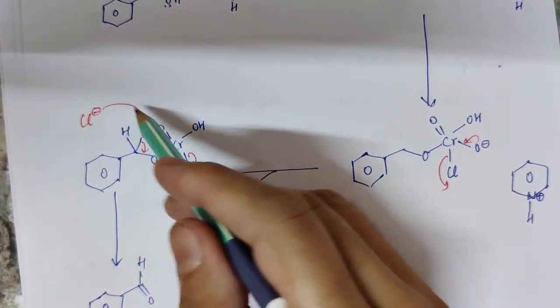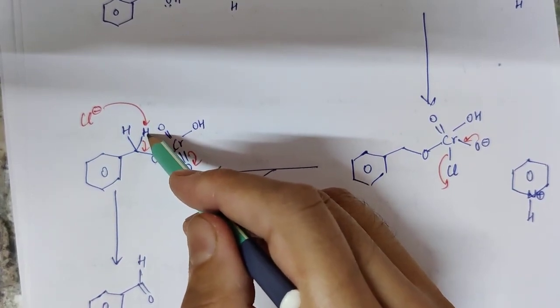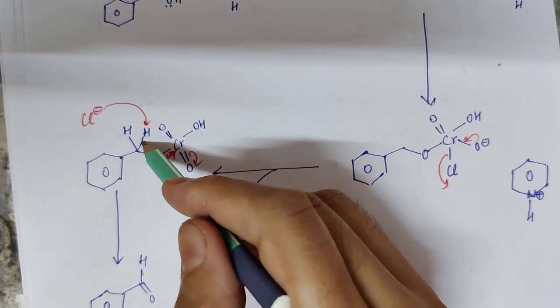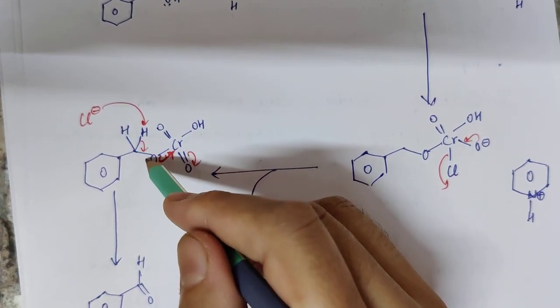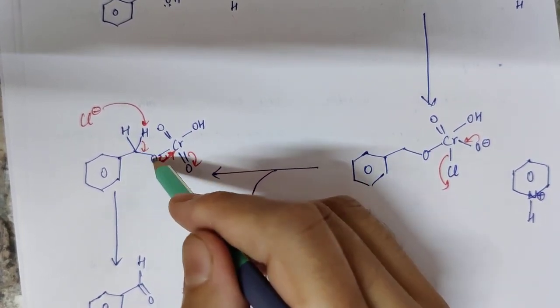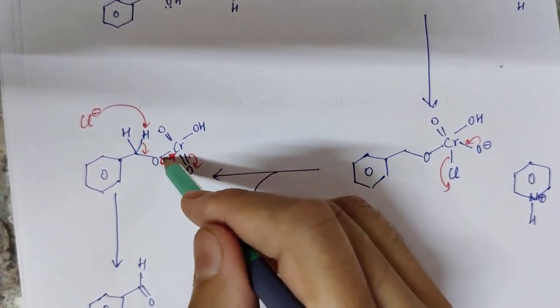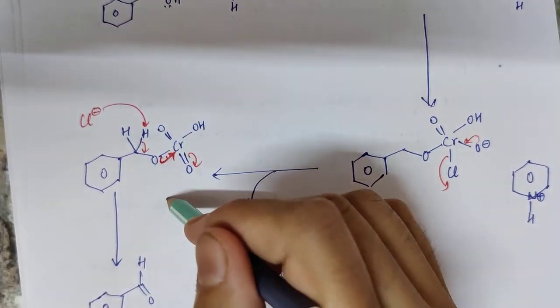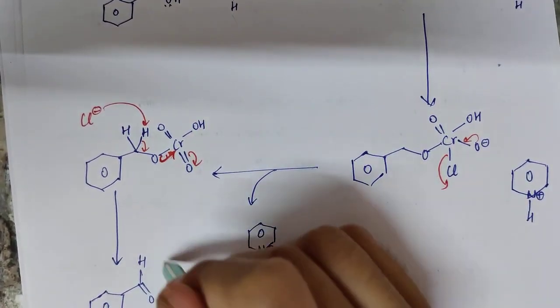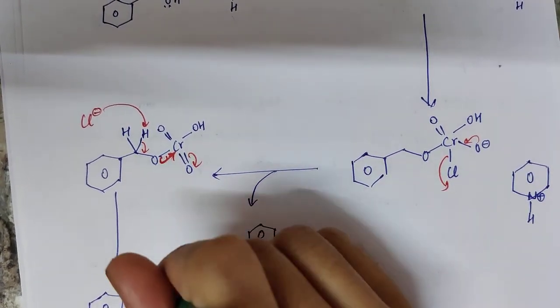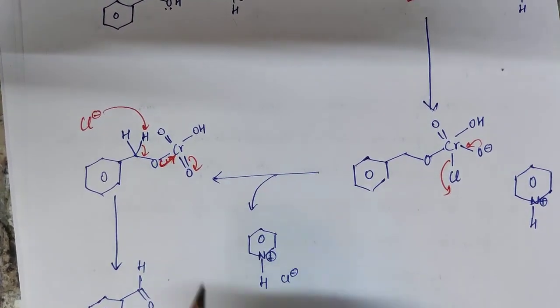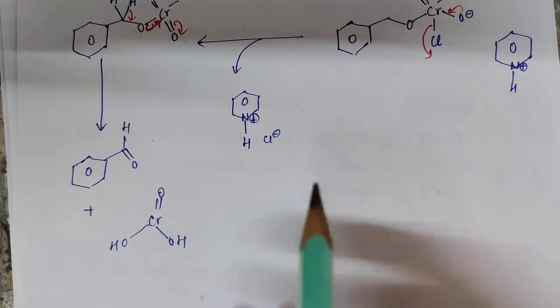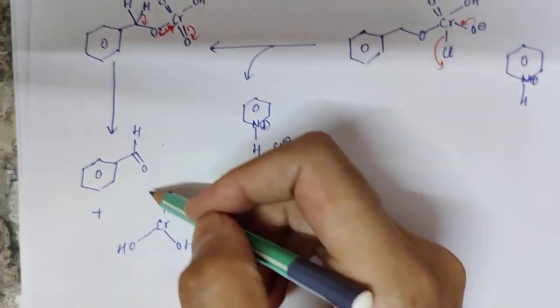So this chloride will attack the proton, take it up, and this bonding pair of electrons will go to oxygen to form a double bond. This bond will be cleaved and we will obtain our benzaldehyde. So this benzaldehyde is obtained,